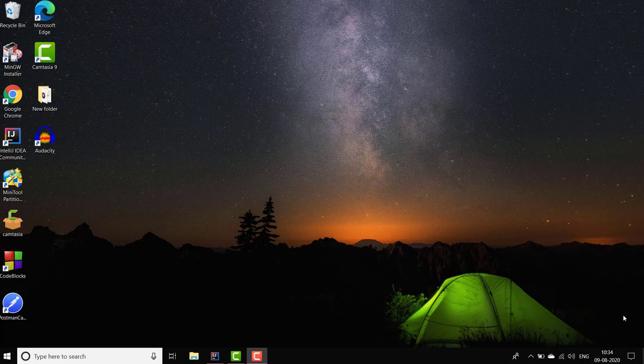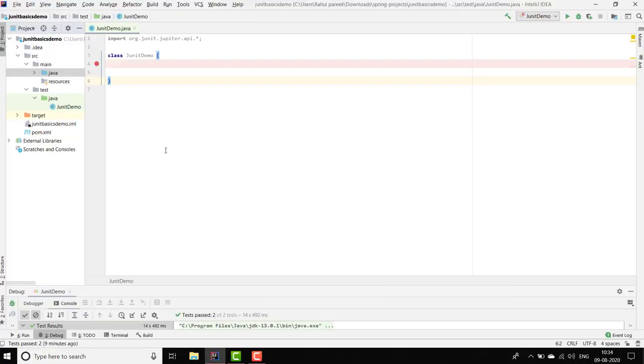Today we are going to discuss a new topic in JUnit, which is assertions. Basically, assertions help in validating the expected output with the actual output of the test case. Whenever we are developing a test case, we have one expected output and one actual output. We compare these two outputs, and on the basis of that we say whether our test has passed or failed. Let us see how we can work with assertions in JUnit.